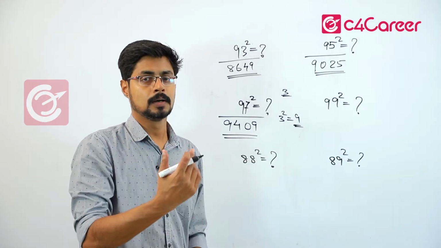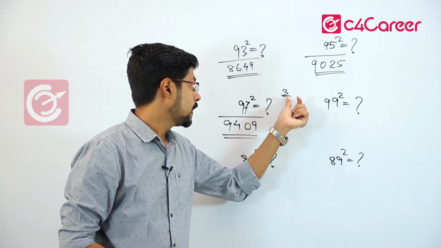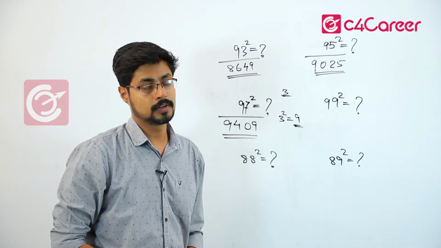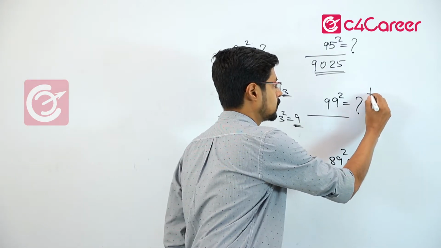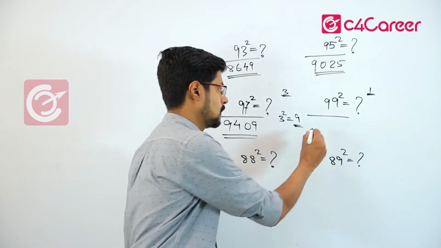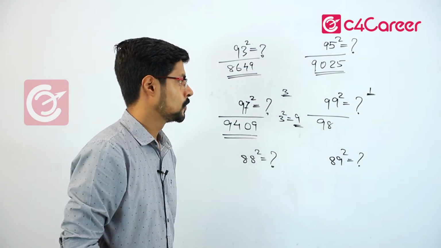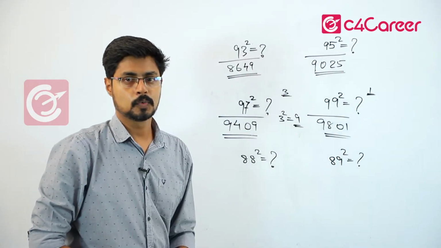We learned this in the previous part. So I am repeating this again. When the square of this is single digit, you have to prefix a 0. So it is 09. Let's look at this one. Similar question. 99. What is the difference from 100? It's going to be 1. What is the first part? 98. What is the second part? 1 square is 1, but we are going to write it as 01.